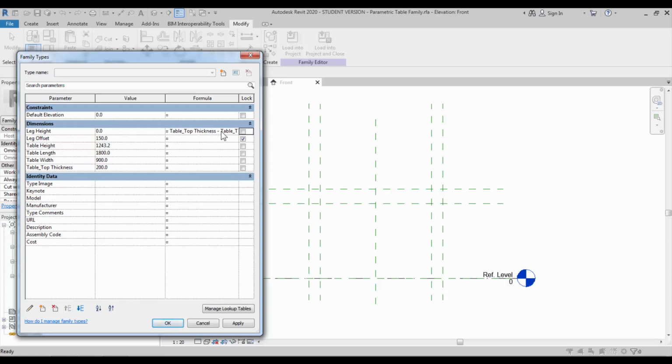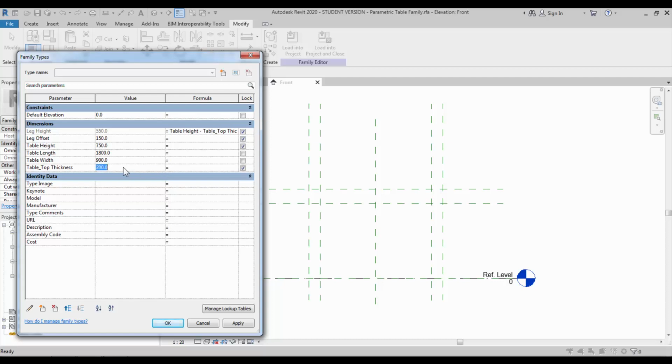We have to add the table height minus table top thickness, so automatically it will be the leg height. Change the table height value as 750.